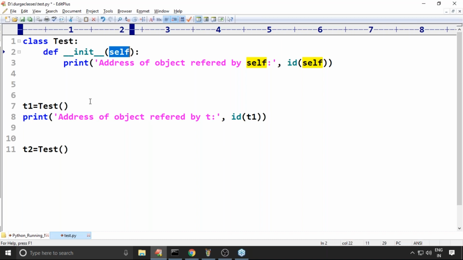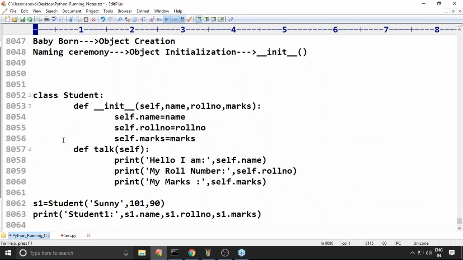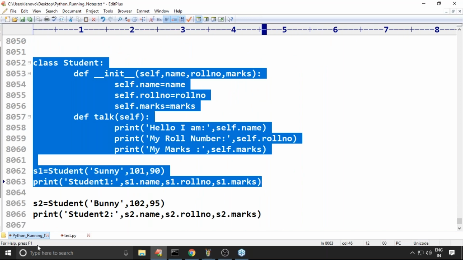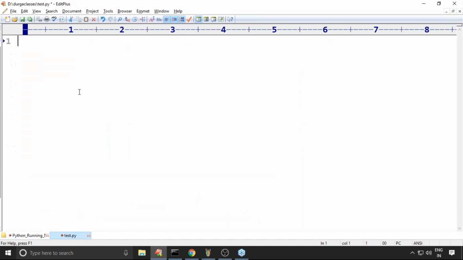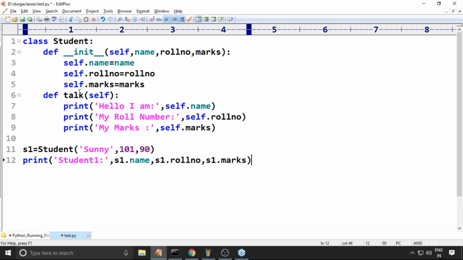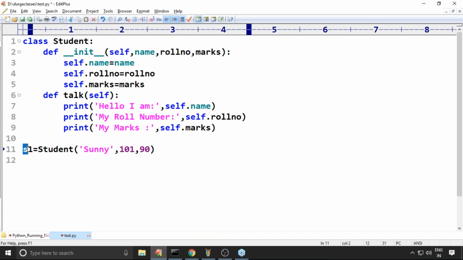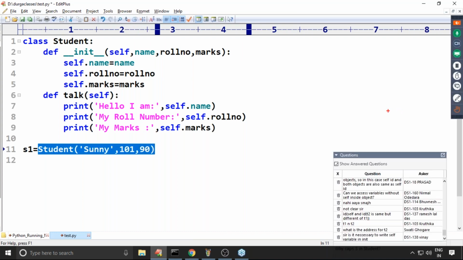So yes, that example I will discuss. Don't worry, sir. Here the last example, just observe. Now I hope you people are going to get it clearly. Have a look once. Now this time you will get much clarity about this. The same student example I'm making. Here, see this one, observe carefully. S1 is equal to Student of, like now I'm creating an object. S1 is the reference variable for this.